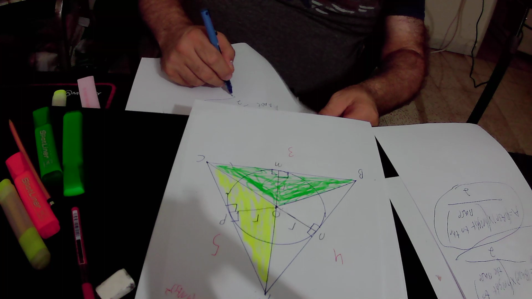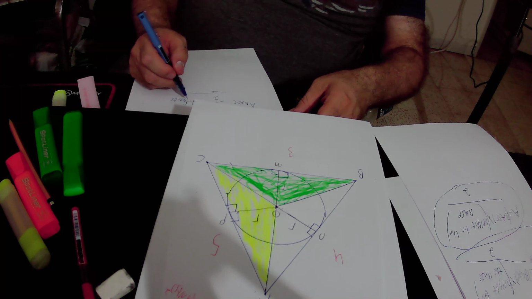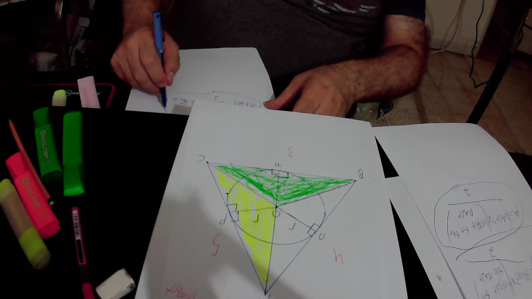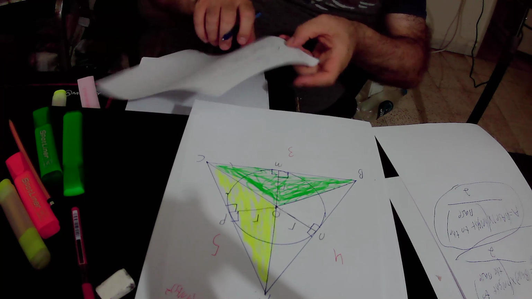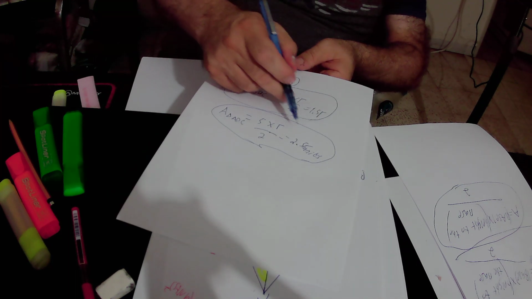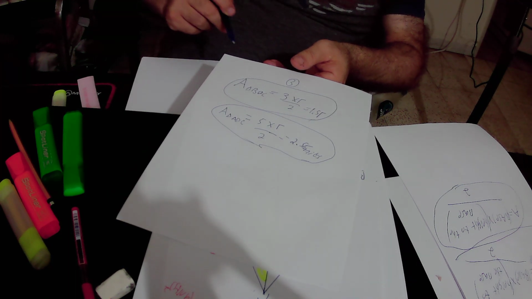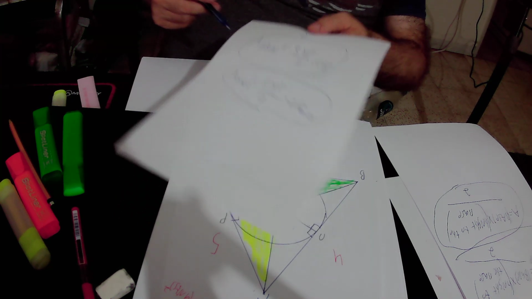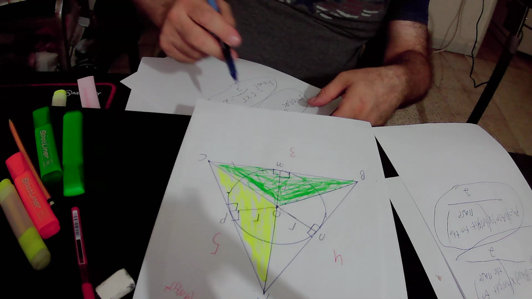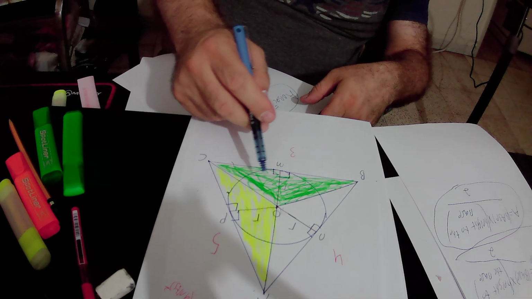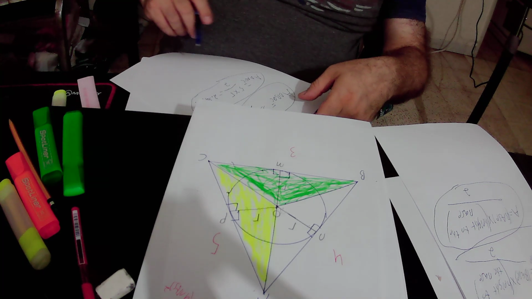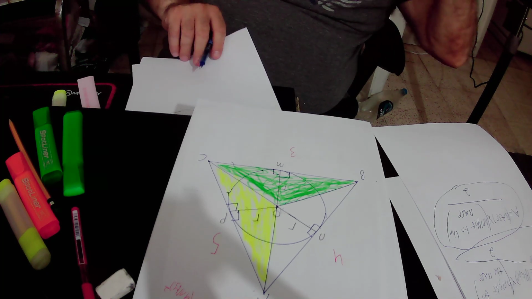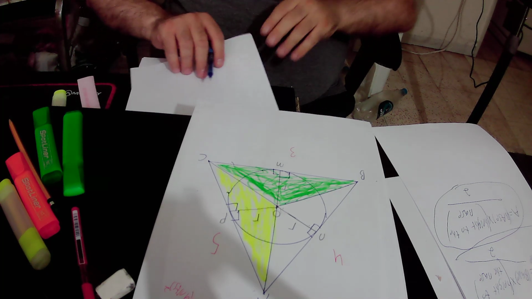2.5 R units. This is the area of the yellow triangle equals 2.5 R units, because it is 2.5 times the radius, because the height equals the radius. So in total it is 2.5 times the radius R. This is the area of the yellow triangle. And at the end we will